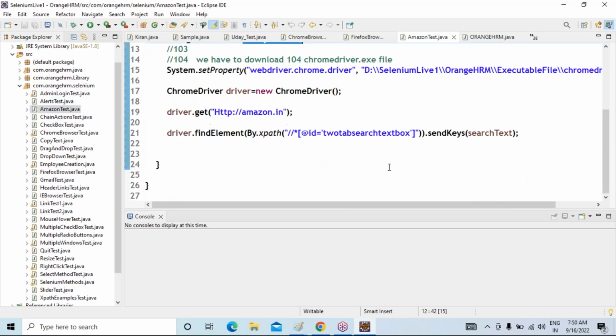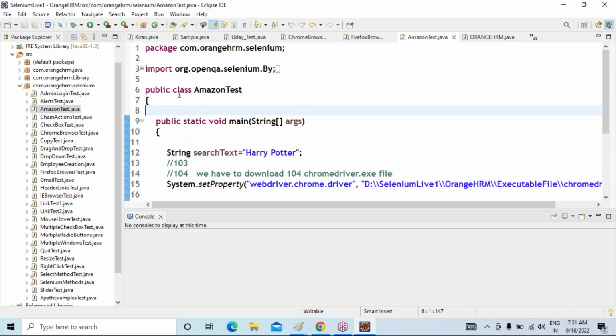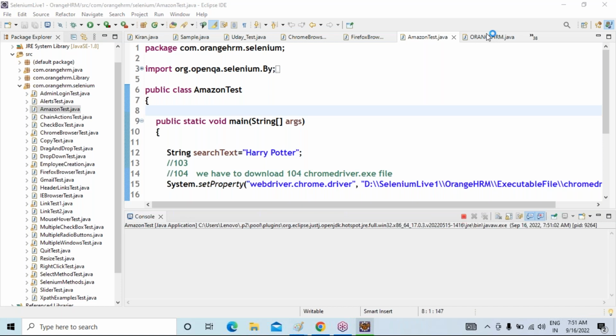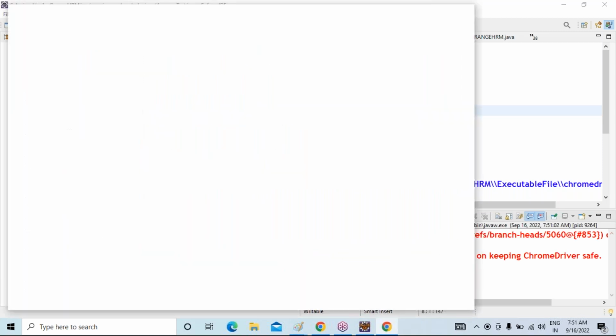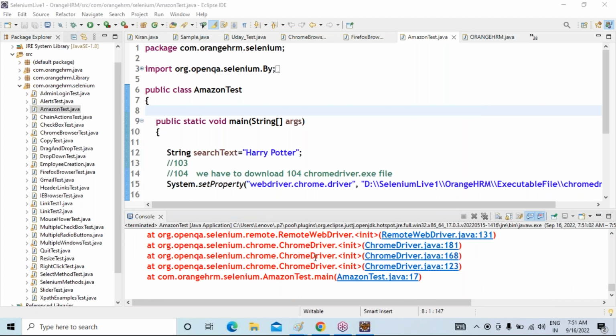So we just write a simple code and execute it. See whatever we discuss, whether it can be performed or not, that will automatically launch the Chrome browser. See, it is automatically launched and closed. The reason is